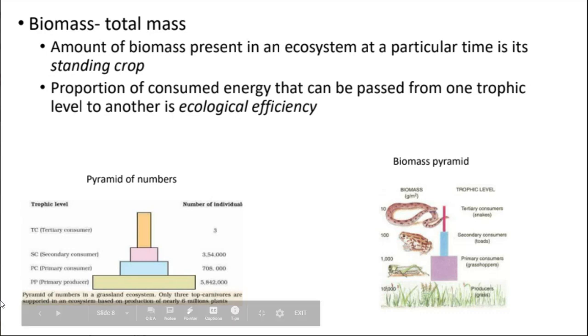And as we said before, pyramids make great shapes. Not only do pyramids give us what trophic level we're on, pyramids also show us we could estimate the number of individuals. Obviously, our producers are going to be much greater in quantity than, for example, our tertiary consumers.